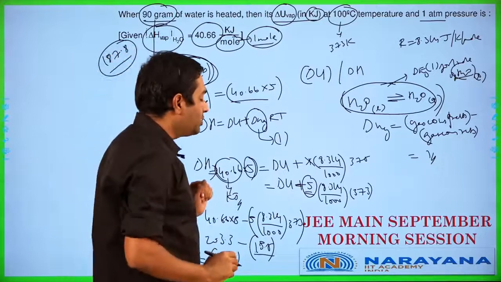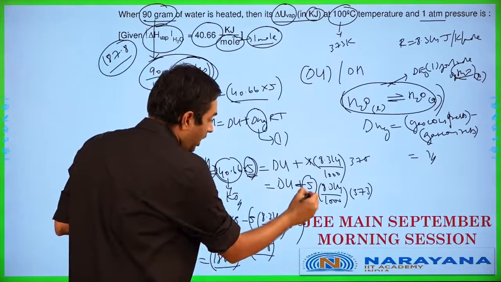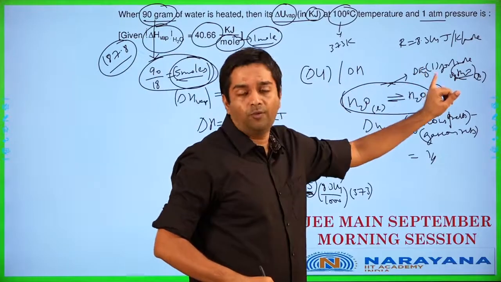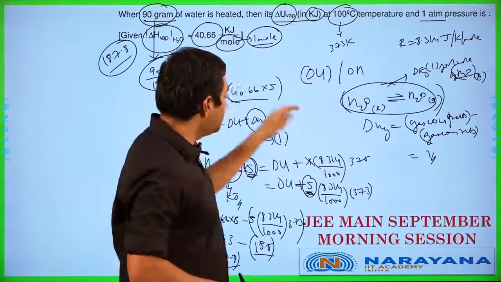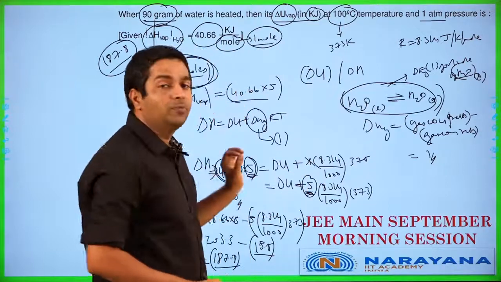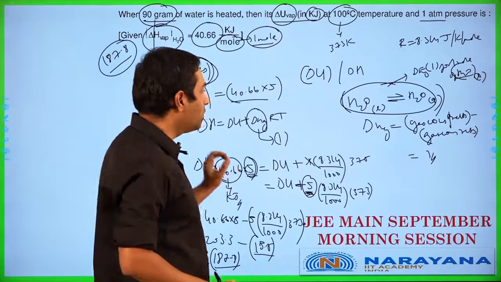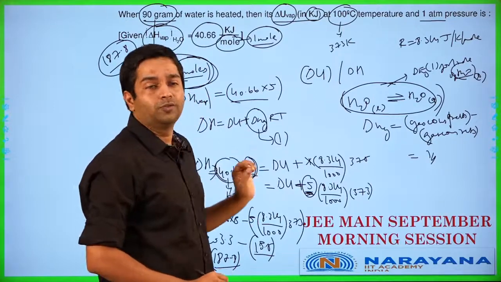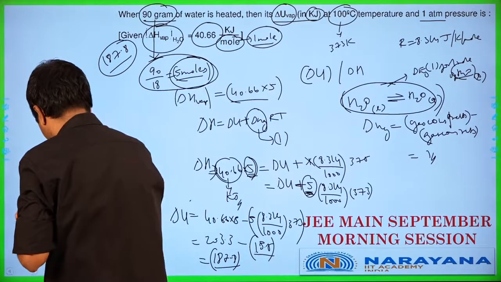The points to pay attention to here are multiplying by 5 here and changing it to 5 here. Delta Ng is 1, but that is for 1 mole of water liquid. I have 5 moles of water liquid here, so I need to multiply it by 5 in this case. So please pay attention to these kind of crux points over here, because they will definitely come back and bite you later if you don't watch out for these. Let's get to the next one.